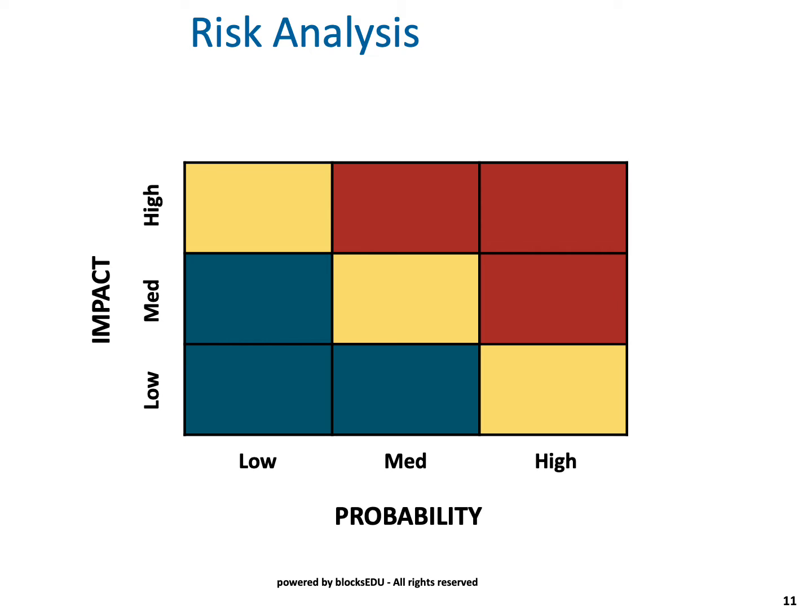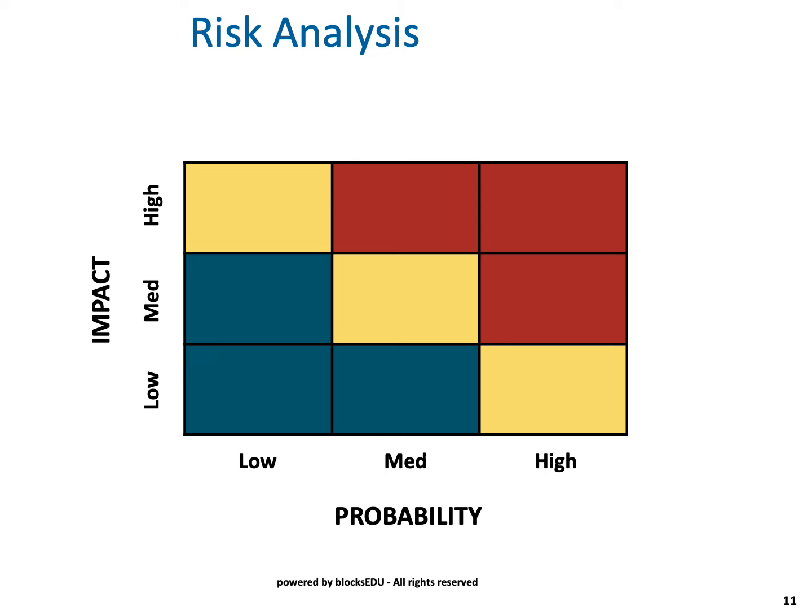As mentioned in the previous slide, we talked about doing a risk analysis, and the P stands for probability and the I stands for impact. So when we look at a risk, we want to look at the probability of that risk actually occurring, and then we want to look at the impact as if that risk did occur. And this is a little grid.